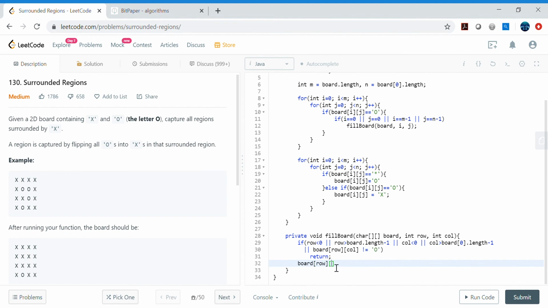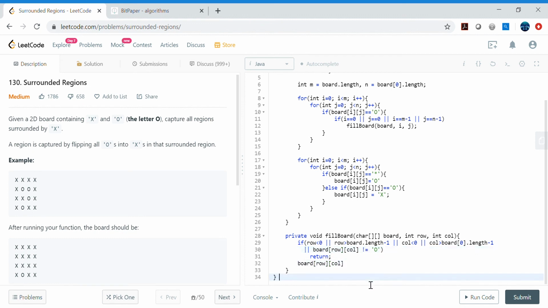So it came here, which means it is O, right? If it is not O, then there are two cases: either it is a star, because we are going to update with a star, or it is X, right? So we can manually check those two conditions, or I just clubbed those two conditions and made only one condition. So basically just a little bit of optimization beforehand.